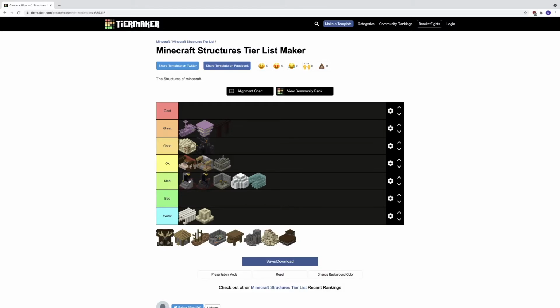But this is the Overworld ruined portal, and this one is the Nether one. The Overworld one is better because they're more common. But the Nether one, if you're lost and you find one, you could build another portal. You could also find good stuff in there, like, for example, enchanted golden apples and stuff like that. Anyways,